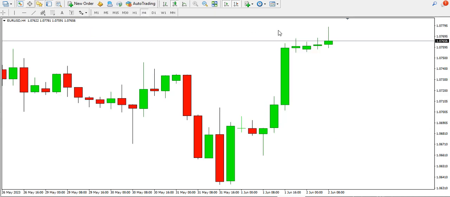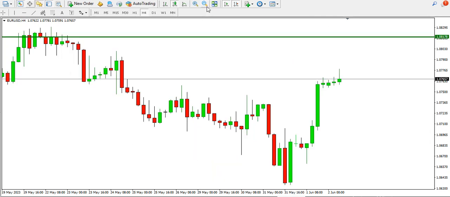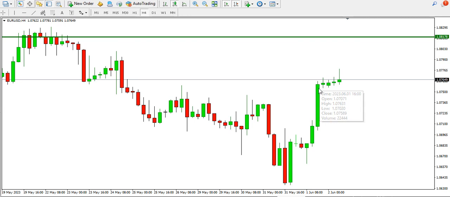On the 4-hour time frame, you can see that we have price forming a bottom. Looking at this tweezer bottom candlestick pattern on the 4-hour time frame, we have a retest, and we can see price pushing up. So we might see more recovery for the price of Euro USD on the 4-hour time frame. Recovery towards the